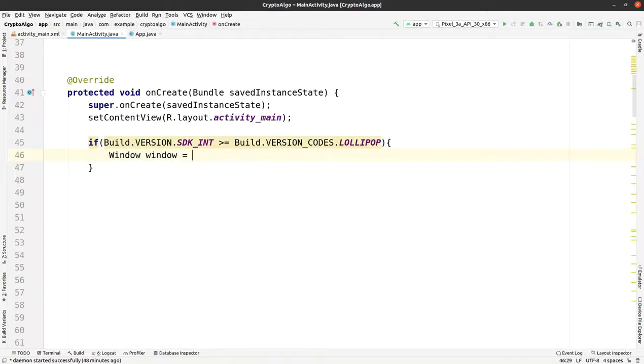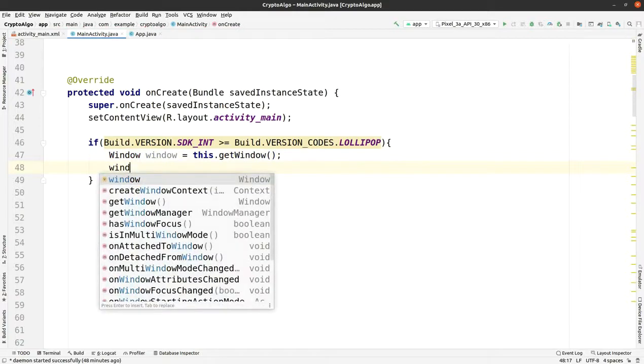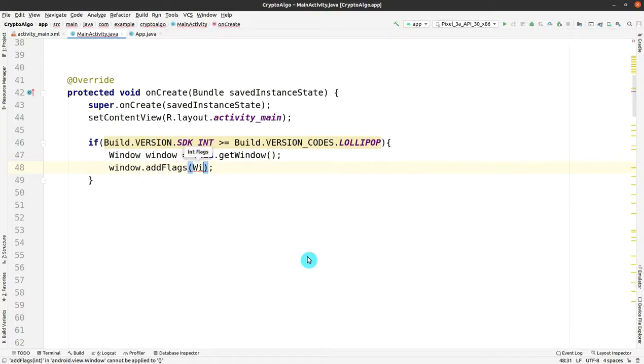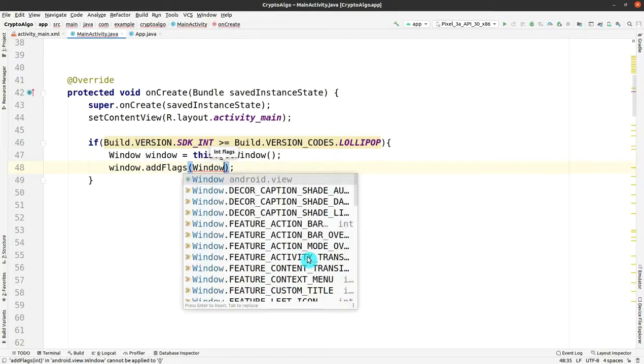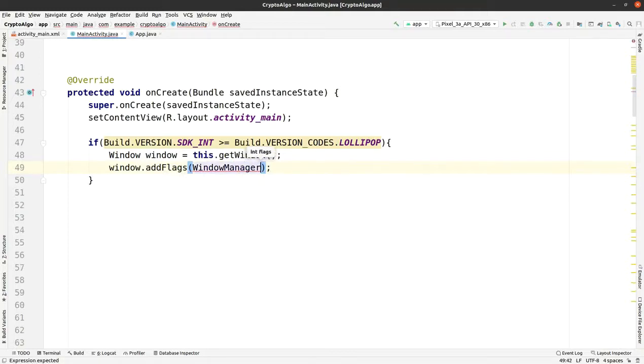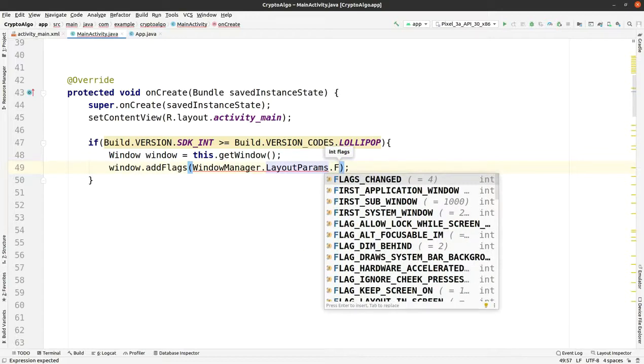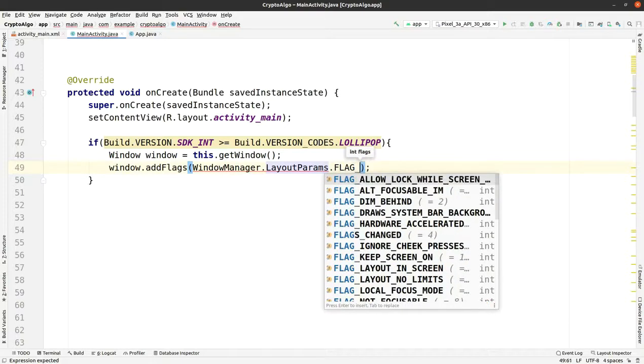So here we are using window for it, and get the window, and afterwards we will be calling the function addFlags, and we will be passing the flag for it from the WindowManager.LayoutParams, and afterwards we have to pass the flag for full screen, and that will come up as FLAG_DRAWS_SYSTEM_BAR_BACKGROUNDS.